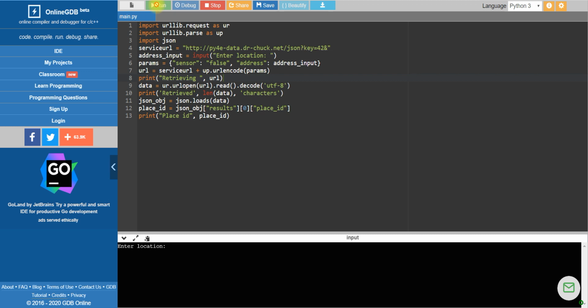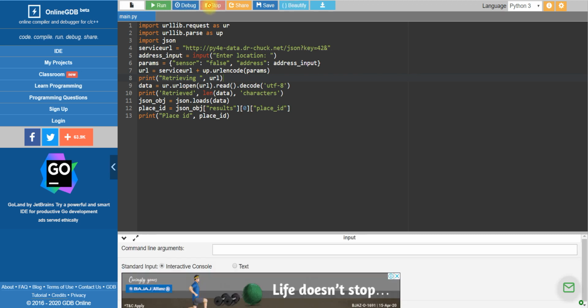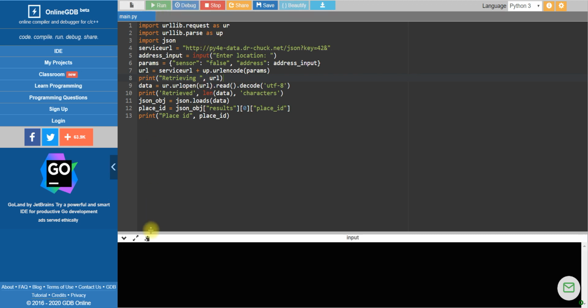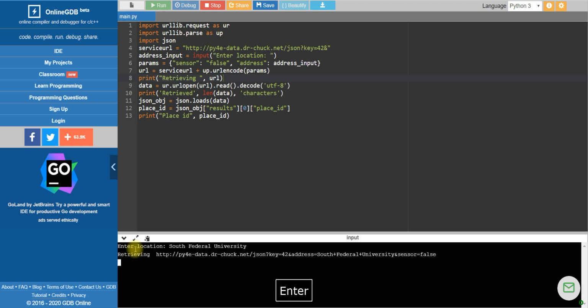As I am experiencing net problems, it may take a little time. So Control Shift V and enter. So it is showing sensor equal to false. Let's wait, it is retrying. Sometimes it is due to net speed. It suffers from some net problem. In that case, you can stop and run it again. Okay, Control Shift V, enter.